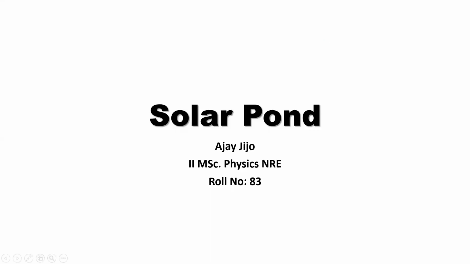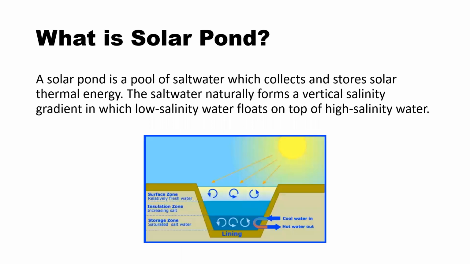Today I'm discussing the solar pond. You know that a solar pond is a pool of salt water which collects and stores solar thermal energy. The salt water naturally forms a vertical salinity gradient in which low salinity water floats on top of high salinity